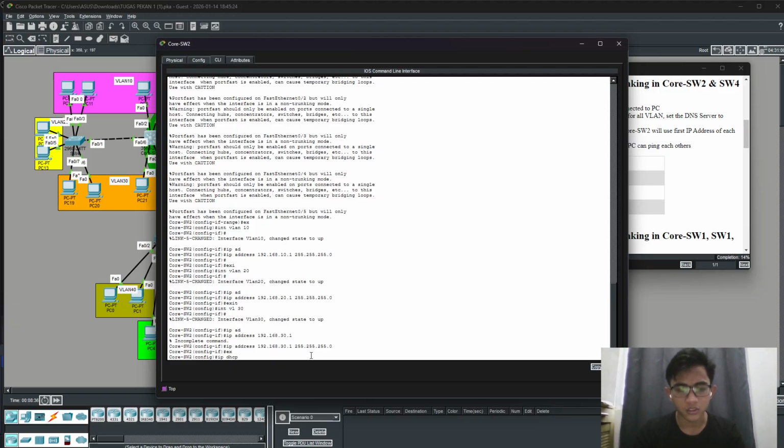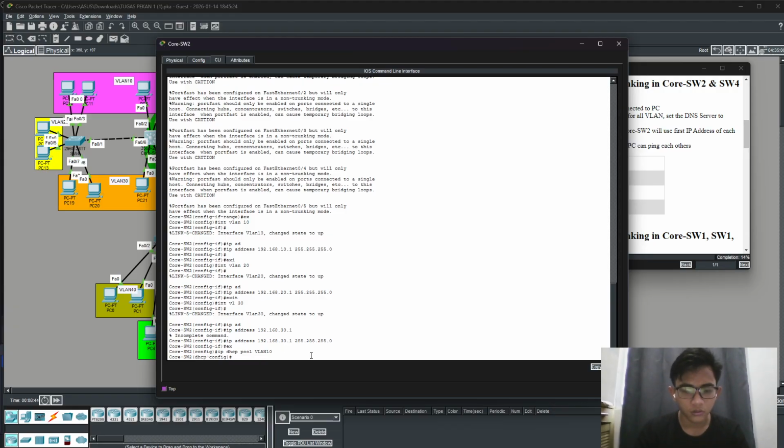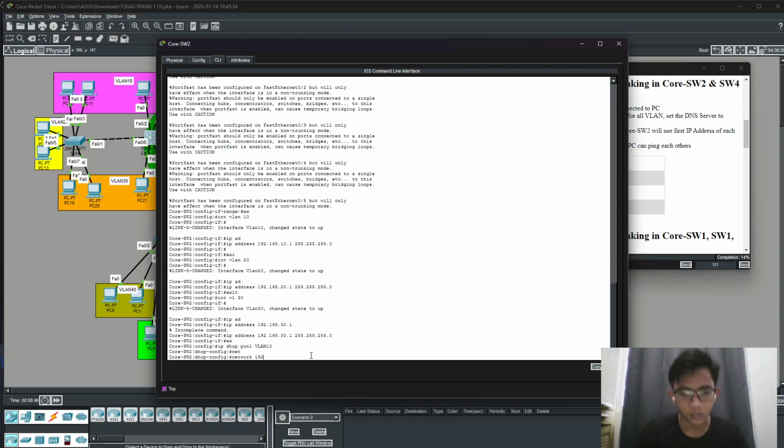IP DHCP pool. The name is VLAN10, all of the letters capital. The network is this. Use the wildcard... I'm sorry, no, this is the subnet mask.